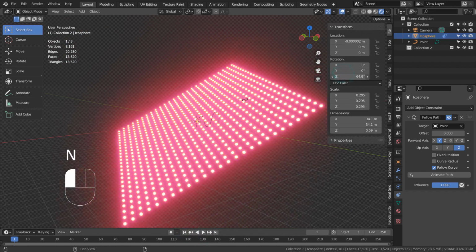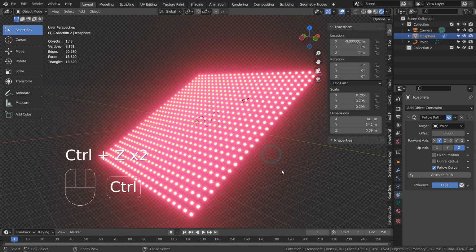To make this animation look more interesting, we can animate the rotation of certain axes.